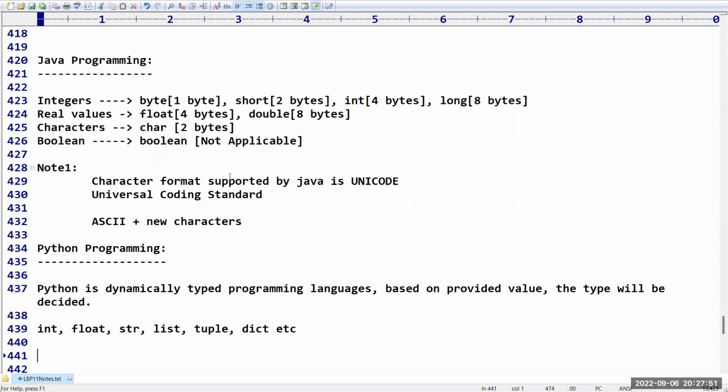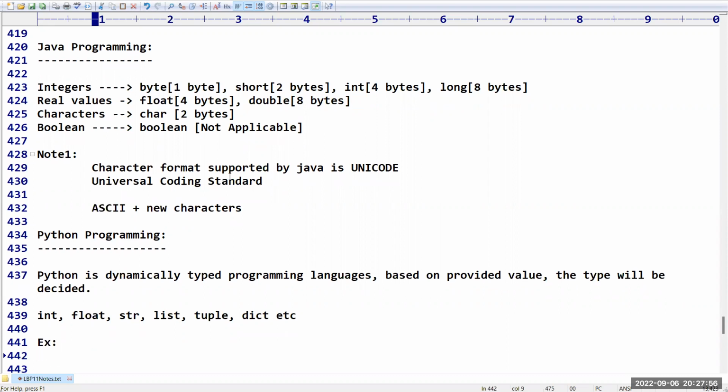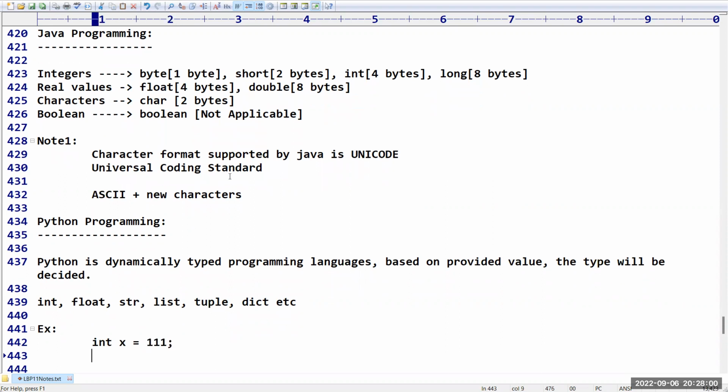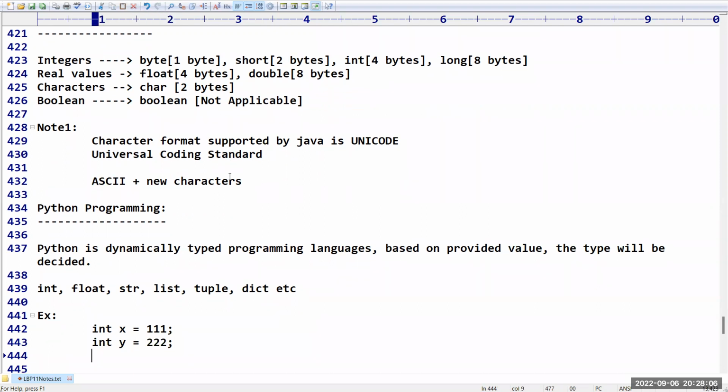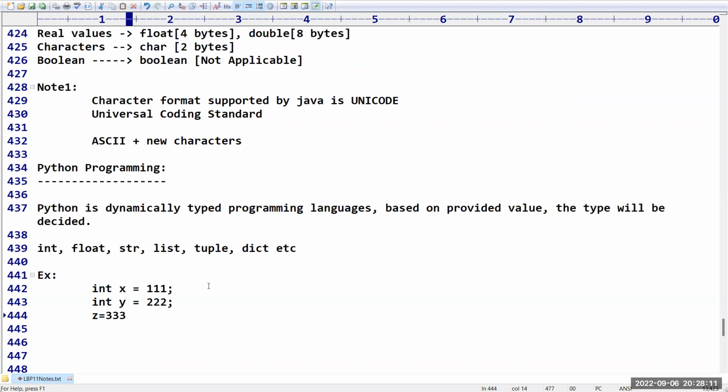But in the program, we want to declare. For example, if I want to declare an integer value in C language, we will take x is equal to 111. In Java, we will take it like this. But in Python, simply we take it like this. That's all. This is how you use it in C language, this is in Java, and this is in Python.